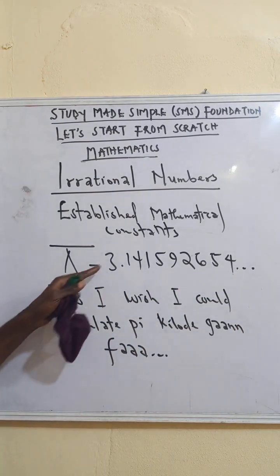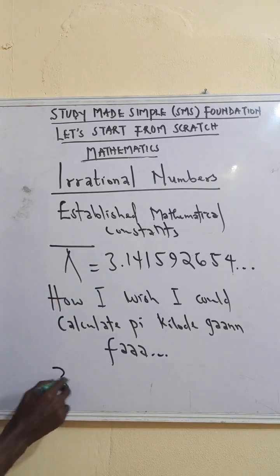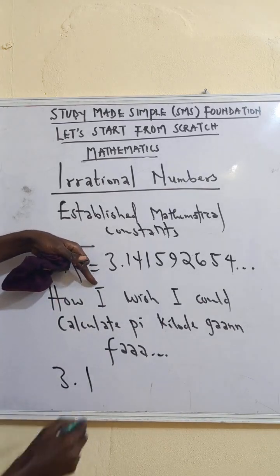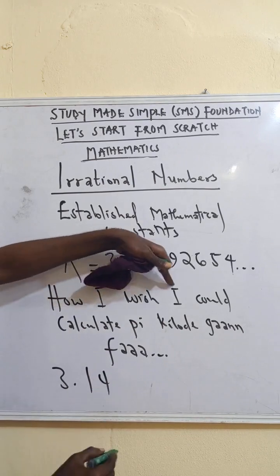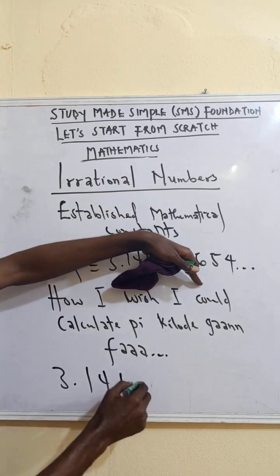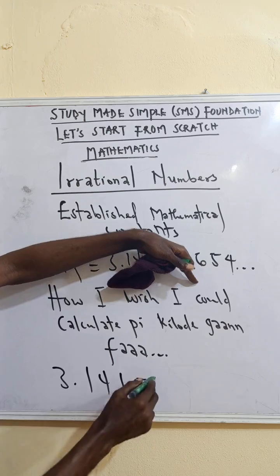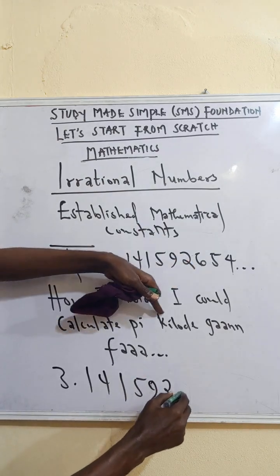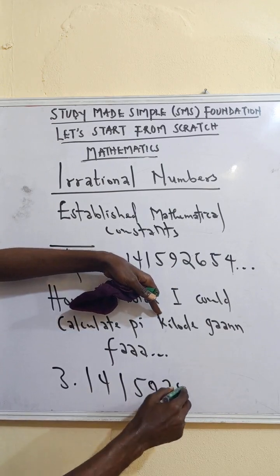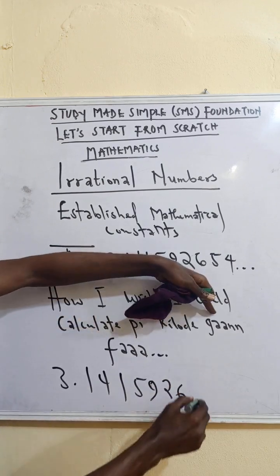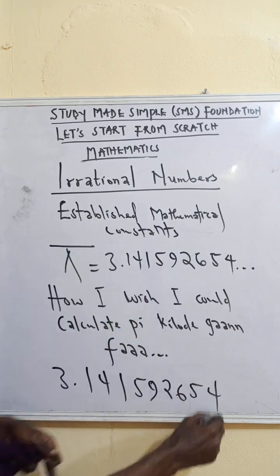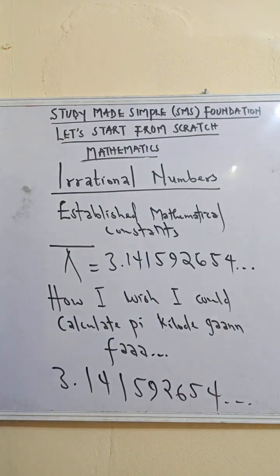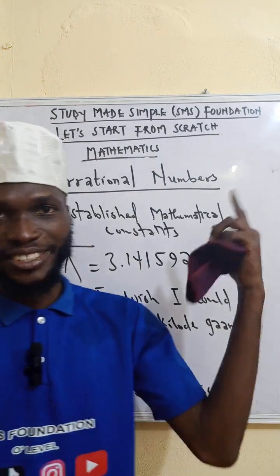How many letters do we have in "how"? That's 3 point. How many letters in "I"? 1. How many letters in "wish"? 4. How many letters in "I"? 1. How many letters in "could"? That is 5. How many letters in "calculate"? 9. How many letters in "pi"? 2. How many letters here? That's 6. How many letters here? 5. And here 4. This is how you remember the value of pi. It's a trick for you to